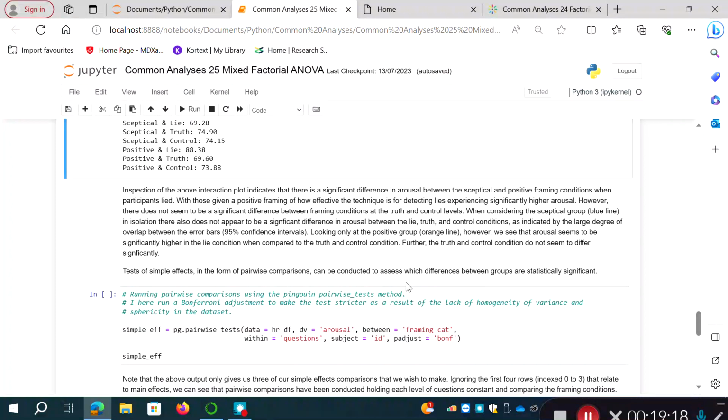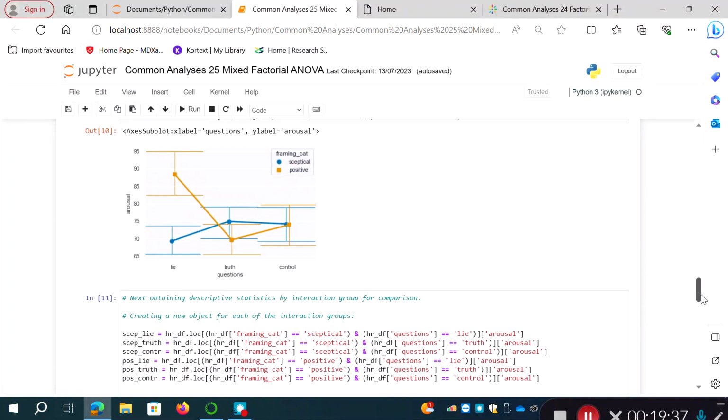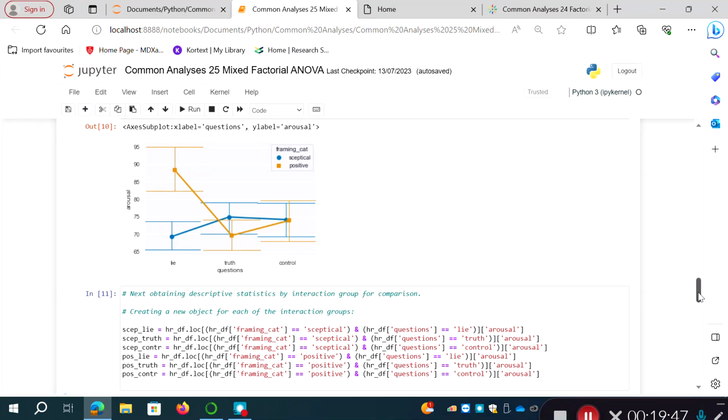and if we look at the positive only group, just that orange line, we see that arousal seems to be significantly higher for lie when compared to the other two. And further, the truth and control conditions do not seem to differ significantly. So if we look at that orange line, this seems to be higher than these two other positive points, and these two don't seem to be different. Okay, so